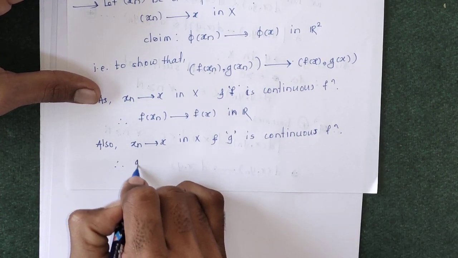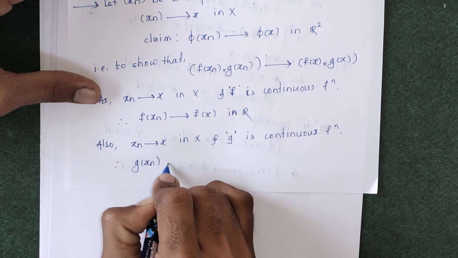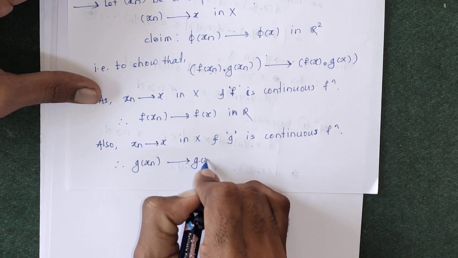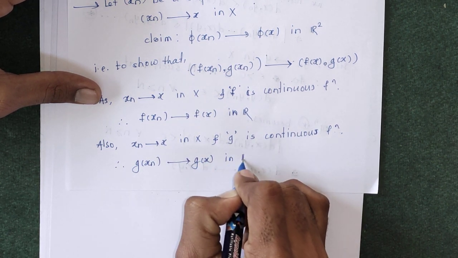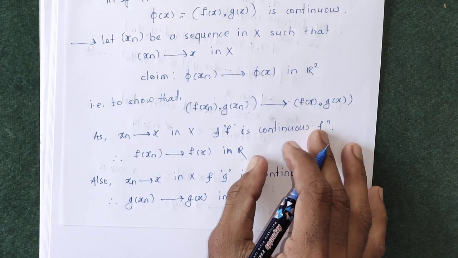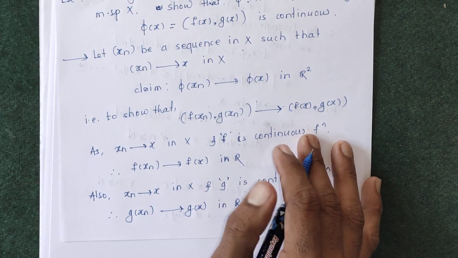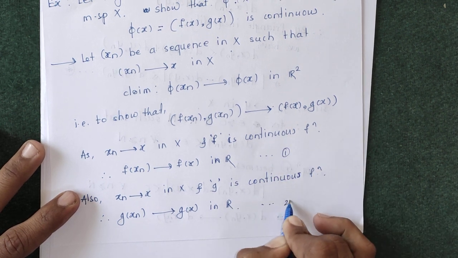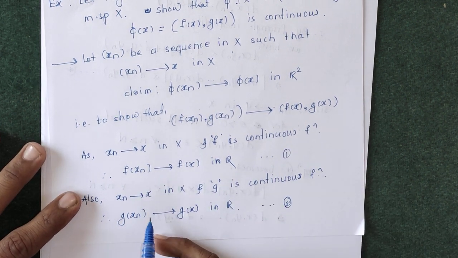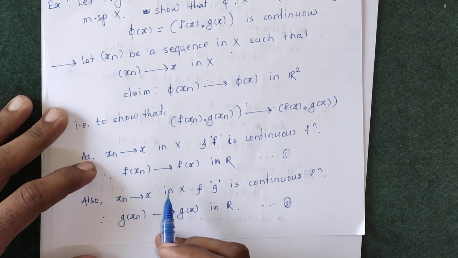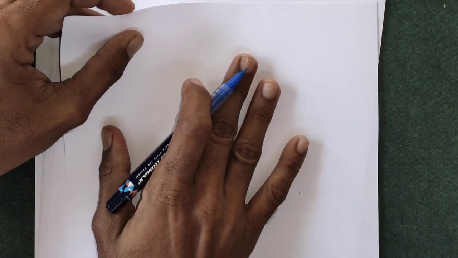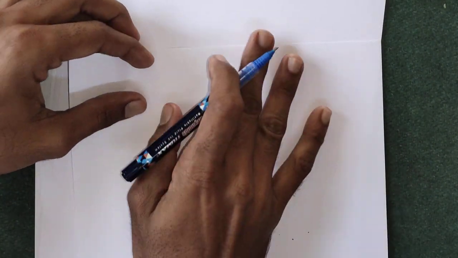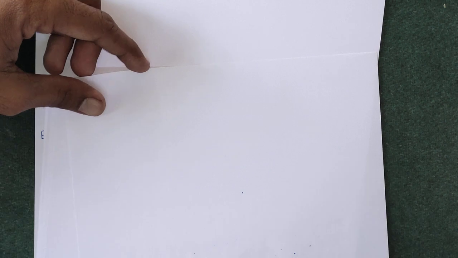Therefore we can write g of xn converges to g of x in R. So suppose this is equation number 1 and this is equation number 2. Using equations 1 and 2 and the definition of product metric, we can write,